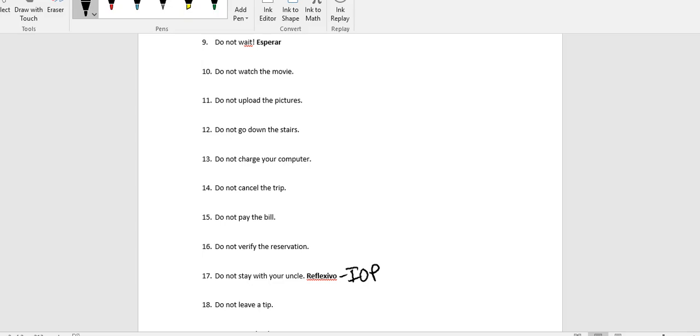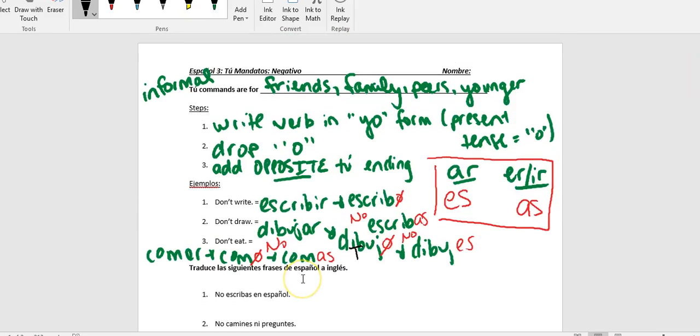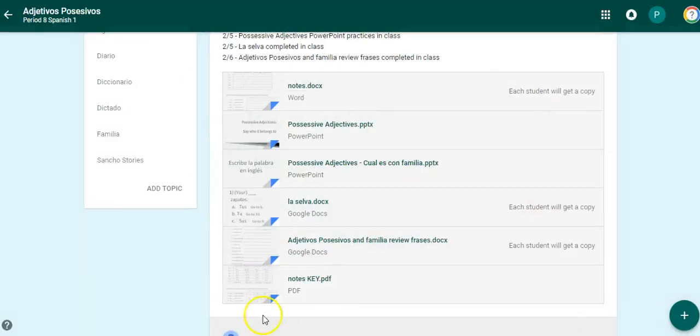Alright, so that's the rundown. Make sure whatever questions you have, you let me know, because this will be the one traditional exam you have this semester, and I'm going to pull from the examples. So any preguntas, make sure you ask me. Check your work in the key. The key is in Google Classroom.